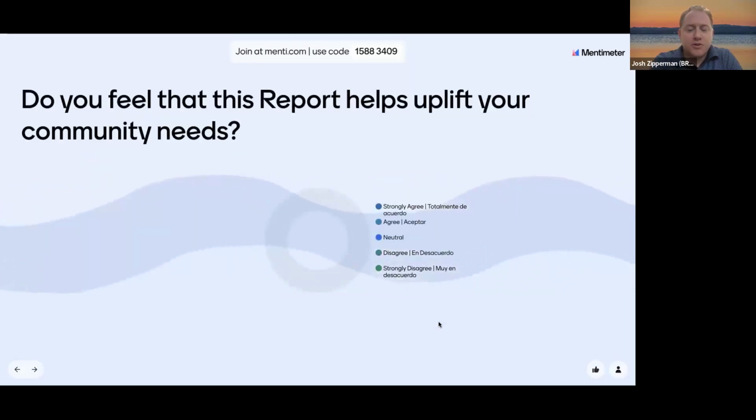And so the last question pertains to the report itself. Do you feel this report, the SSMP report, helps uplift your community needs?